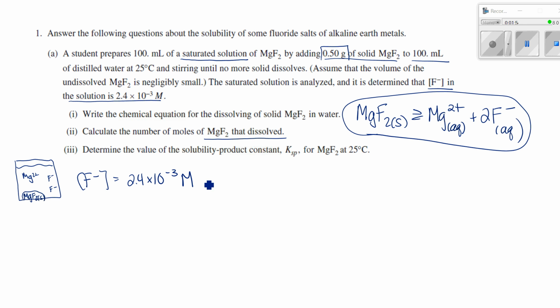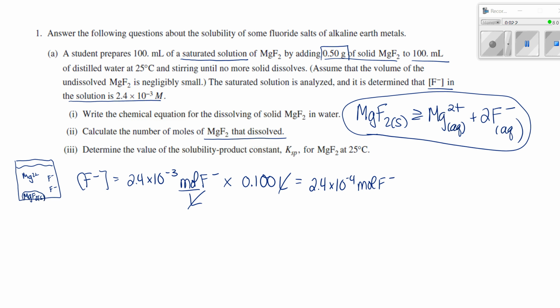I know that if I take molarity times the volume in liters, I will end up with moles, because molarity is a ratio of moles per liter. So I will end up with 2.4 times 10 to the negative 4 moles of fluoride